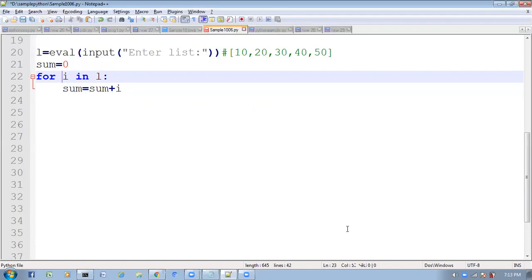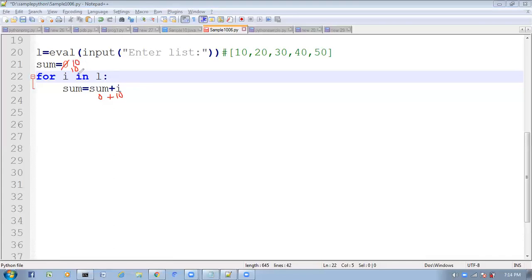First time, what is the value of I? For each element inside the list, I value first time is 10. So now what is the sum value? 0 plus 10, you will get 10 only. So now this 0 will become 10.